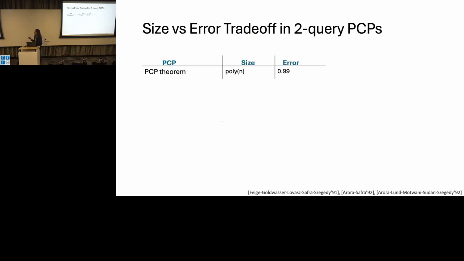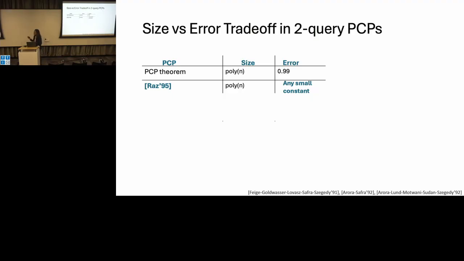So it's not even clear that if you're allowed only 2 queries, can you even bring down the error? And in fact, there were a bunch of wrong proofs that claim to do this. But in a seminal work, Raz showed how to bring down the error to any small constant while incurring a much longer proof size. Again, a polynomial overhead in the original size.